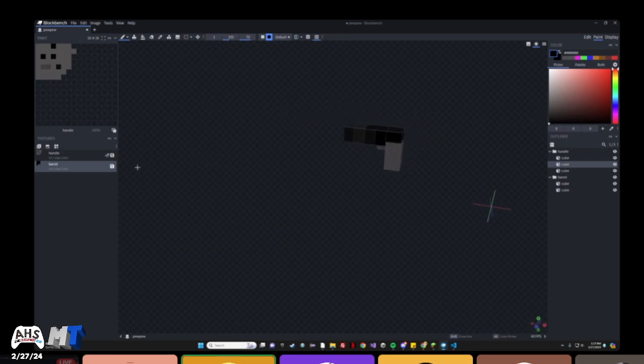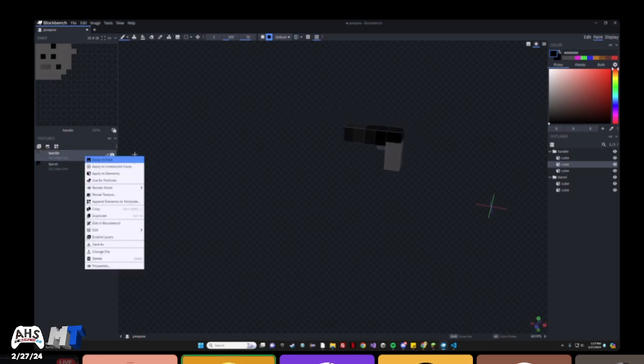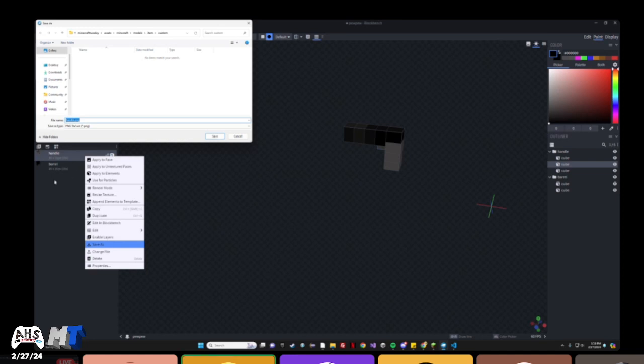Now we need to save these textures into the texture file, right? So we want to save as. We're going to right click on both of the textures, or each texture individually. Save as. And it should open up to the last resource pack folder that you were in. If it doesn't, you want to navigate to the resource pack folder the same way we did last time. Now, instead of being in the models folder this time, we're going to go back to Minecraft, textures, and inside